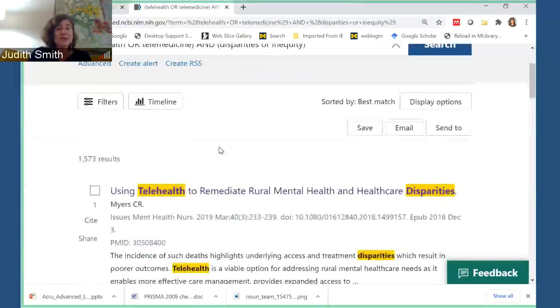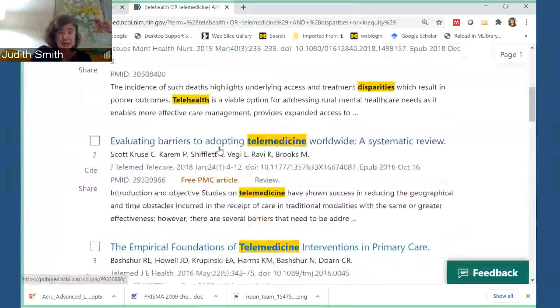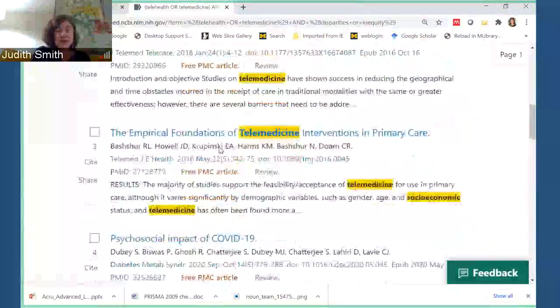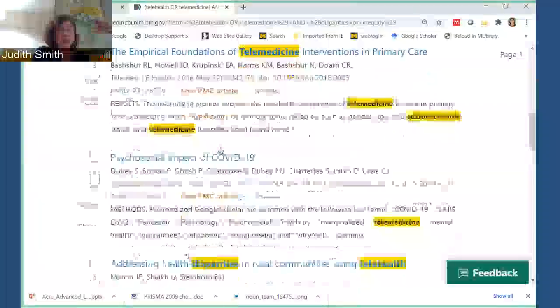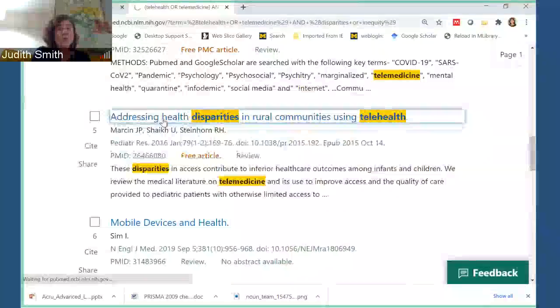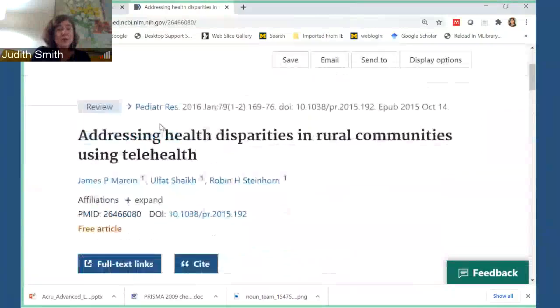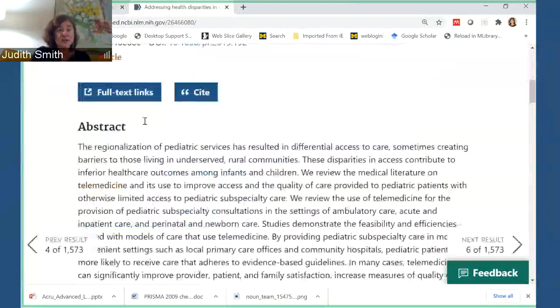So that is one way to conduct an exploratory search. I'm going to go back to the presentation. I want to just mention here that I've mentioned the pre-existing search methodologies a couple of times, and you can get those through looking at reviews. As I mentioned, you can filter down in PubMed, and you can see in some of the more structured and systematic reviews, they will have their search methodology published.